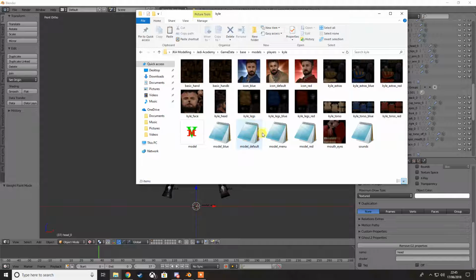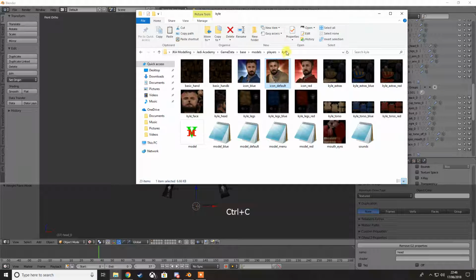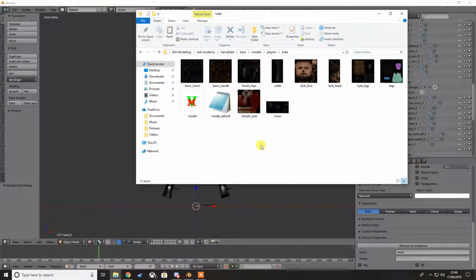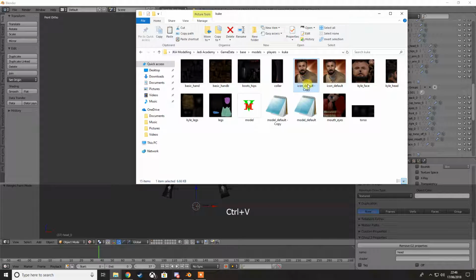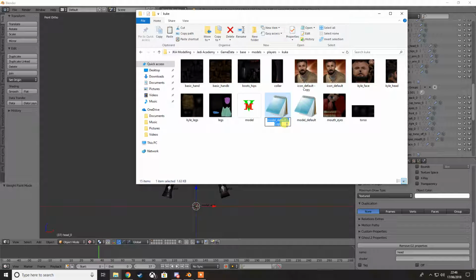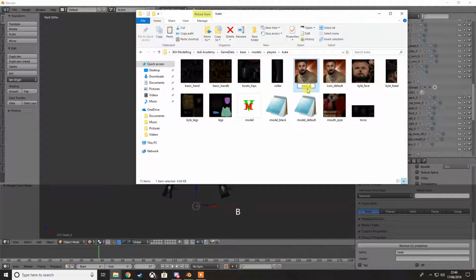Let's have a look. It's essentially the same principle as the skin file. As you'll see, it's called model underscore default. Then you've got icon underscore default. Something I could do real quick, if I just copy this and also this, I'll have this model called model underscore black. I'd have the icon called icon underscore black,